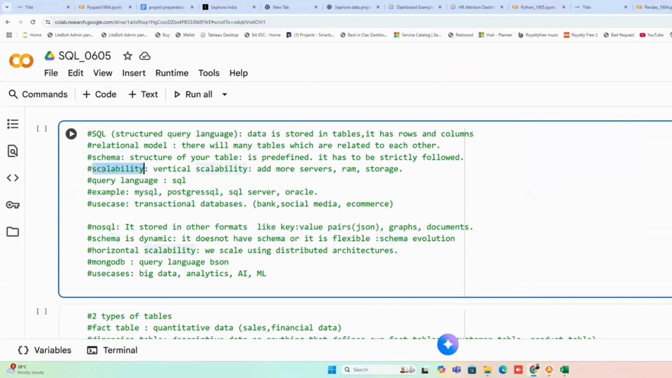Then we also have a word called scalability. Now, in English, what does scalability mean? What does the word scale mean? Growth. Scale means growth. Correct. So these tables can grow vertically. What do you mean by that? The relational databases can grow vertically, which means,